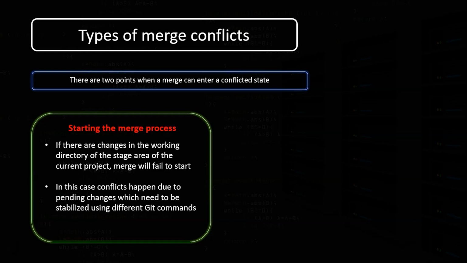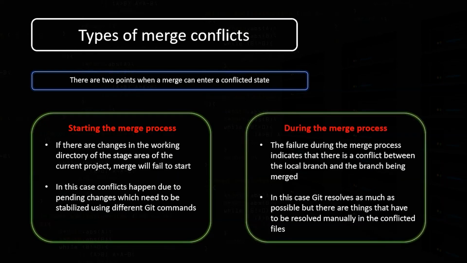So in that situation you have to either remove those pending changes or resolve them before even going for the merge activity. Second, during the merge process, if you get a conflict, merge conflicts originate. So the failure during the merge process indicates that there is a conflict between your local branch and the branch